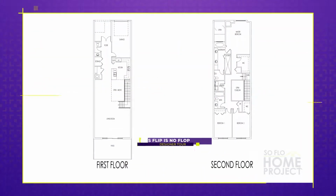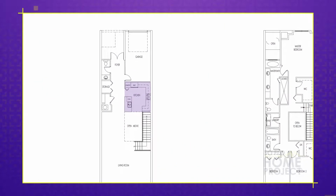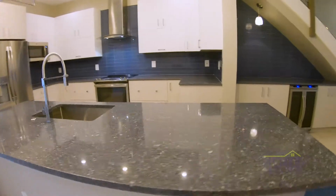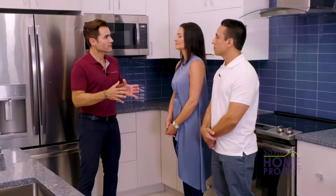The focal point on the first level of this townhome is the kitchen. It makes a great first impression. Everything in this space has been completely updated, and the result is a sleek and functional area for gatherings and entertaining. April, how different is it designing for an investment property as opposed to shopping for a client that requires